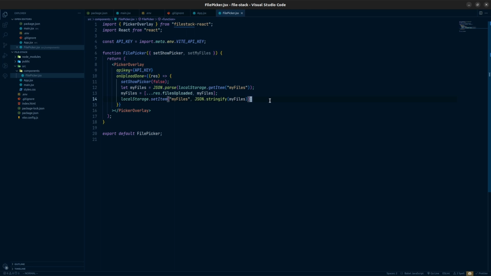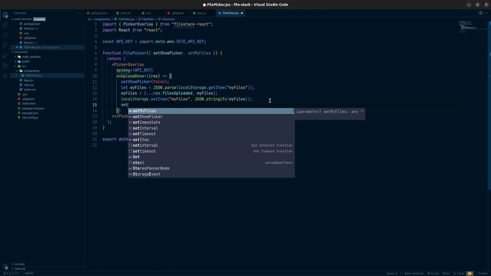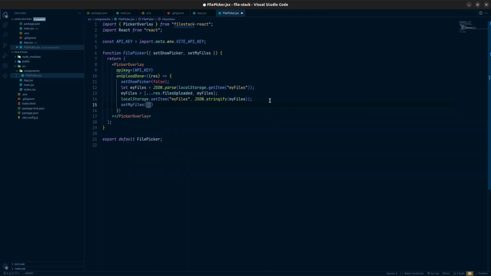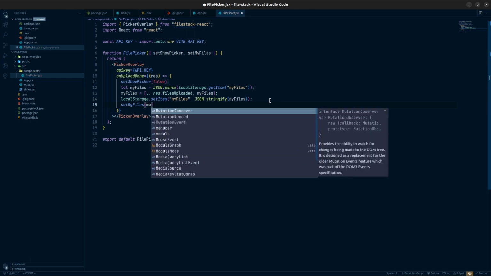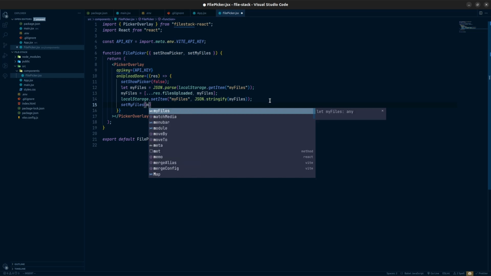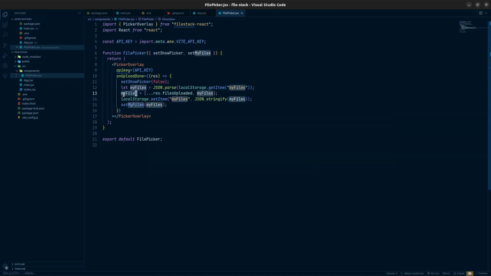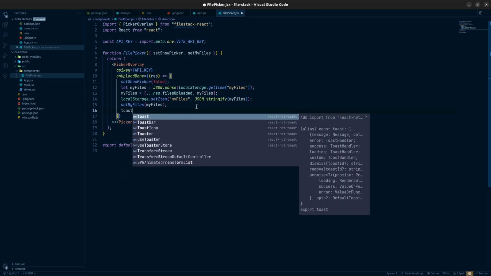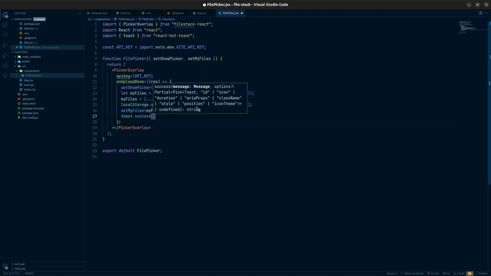And also we need to change our state. To change the state, all I need to do is say set my files will be the my files variable that we already have here, so this one. So great. And finally, if everything is going well, after that we can provide a toast message. So I can say toast dot success, and inside that we can just provide a message: file uploaded